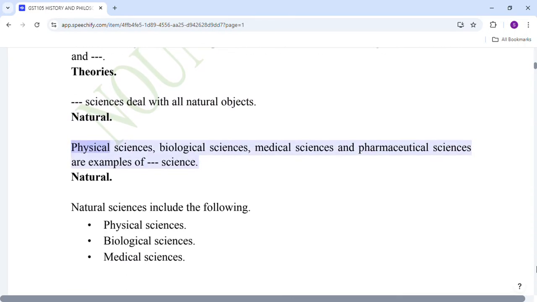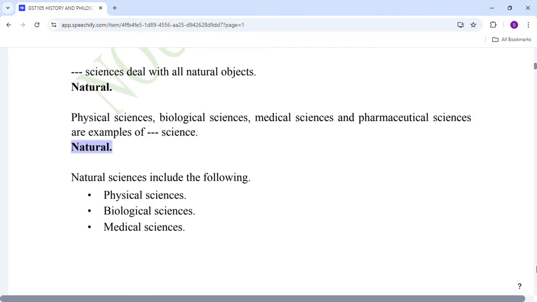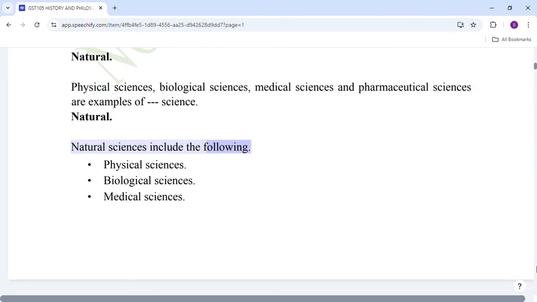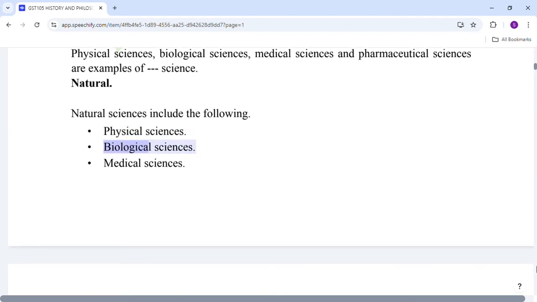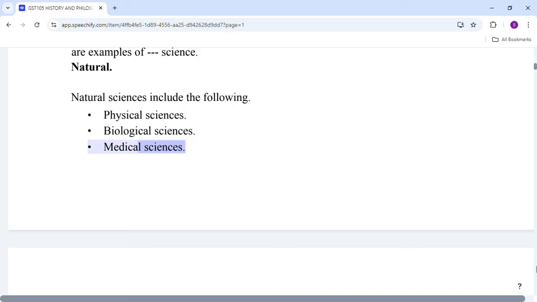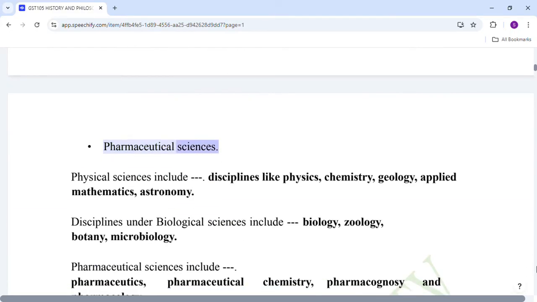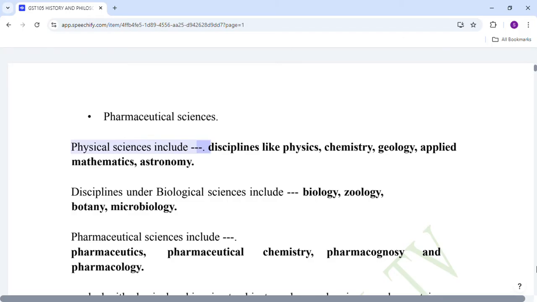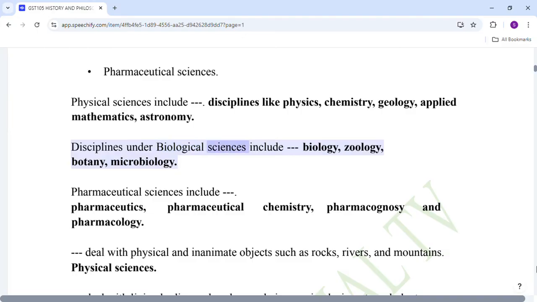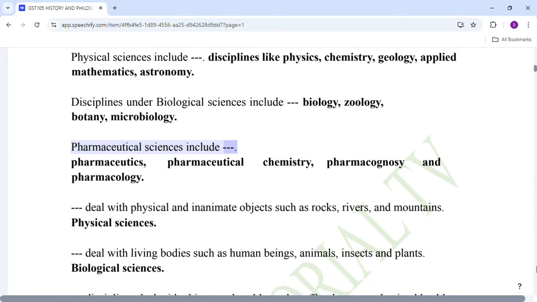Natural sciences deal with all natural objects. Natural sciences include the following: physical sciences, biological sciences, medical sciences, pharmaceutical sciences. Physical sciences include disciplines like physics, chemistry, geology, applied mathematics, astronomy. Disciplines under biological sciences include biology, zoology, botany, microbiology. Pharmaceutical sciences include pharmaceutics,